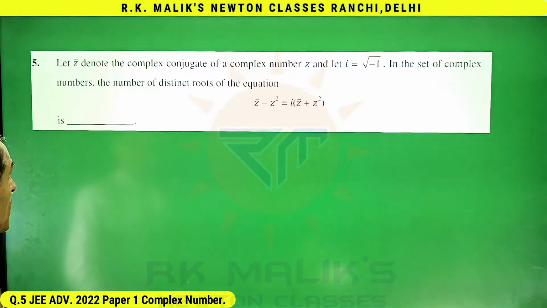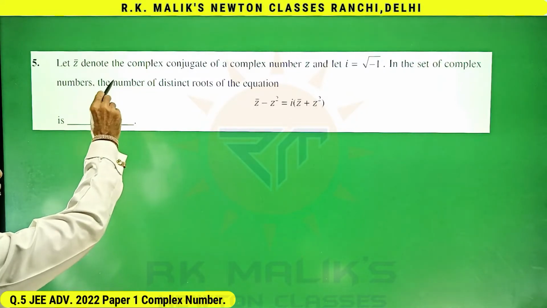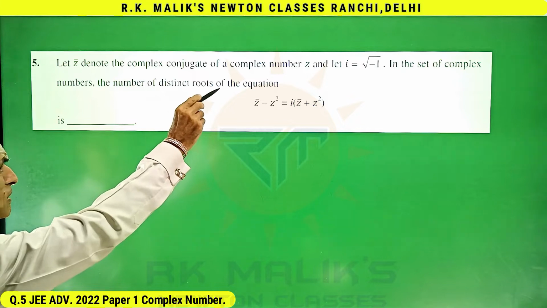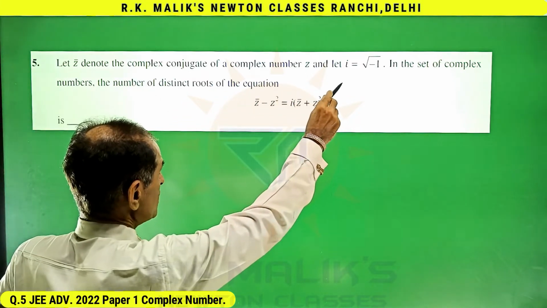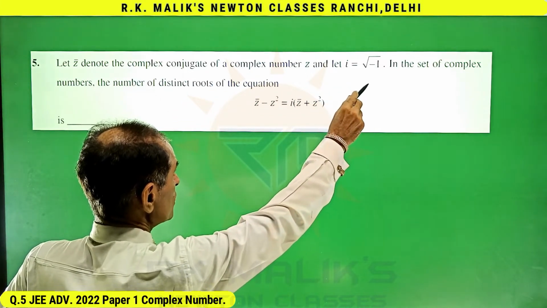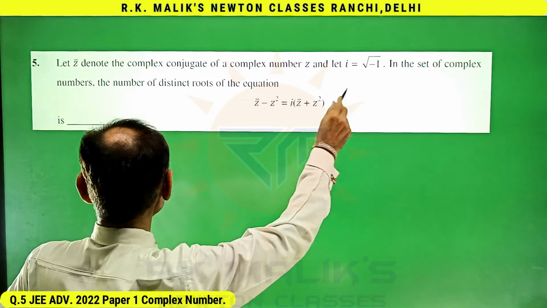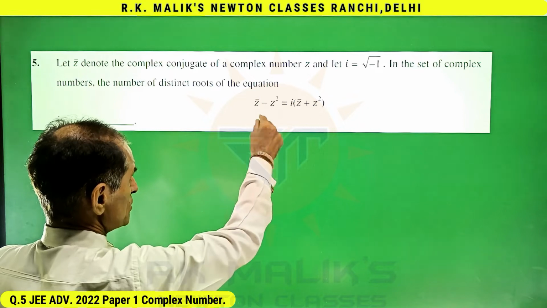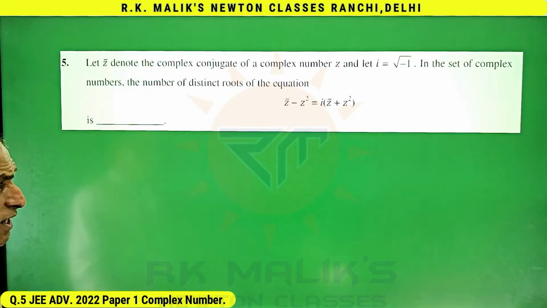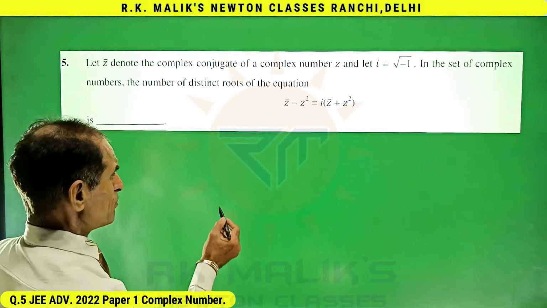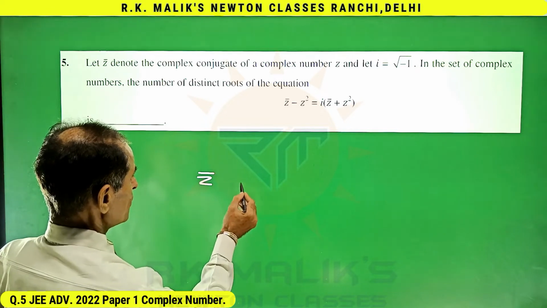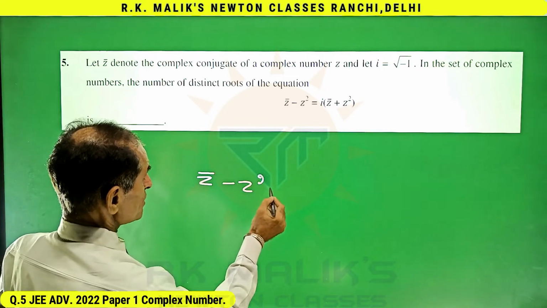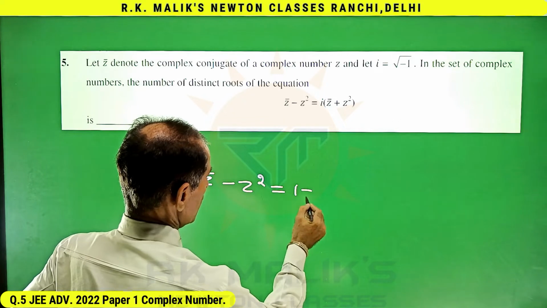In this question it is given that let z bar denote the complex conjugate of the complex number z and let i is equal to under root minus 1. Then in the set of complex numbers, the number of distinct roots of the equation this. To solve it, it is clear that this can be written as z bar minus z square equal to